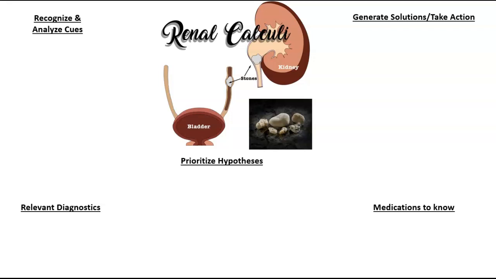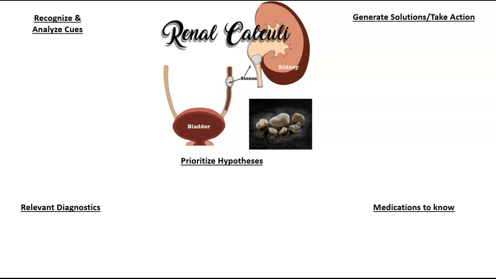Okay, so let's jump right into it. What are some of the risk factors for renal calculi? Increasing age. The older you are, the more increased the risk. Immobility, obesity, dehydration. So kidney stones tend to occur more in the summer or hot months. Previous history, family history of stones,